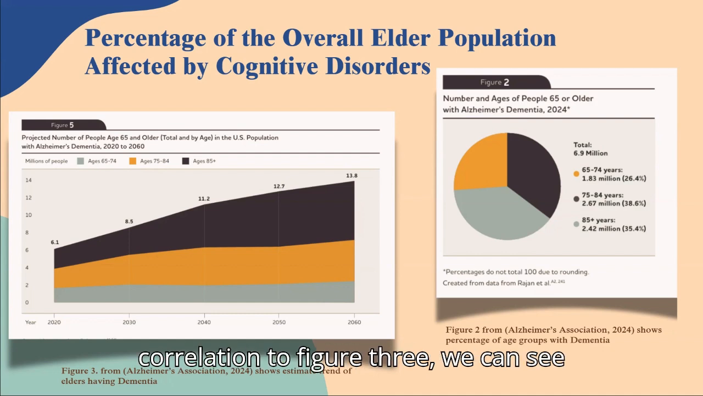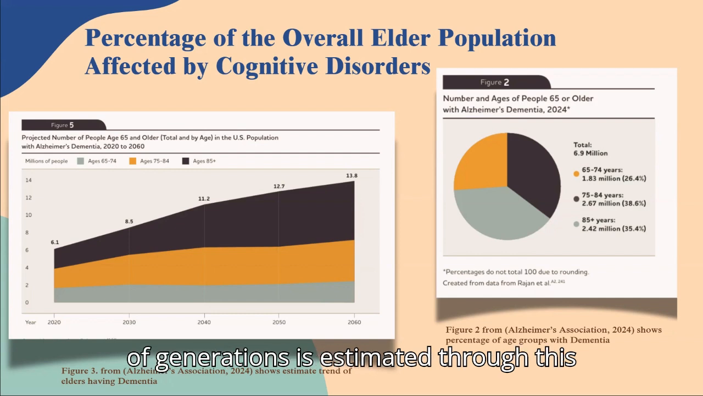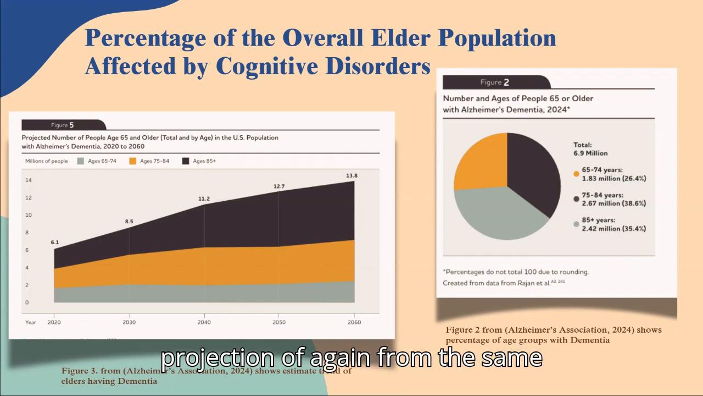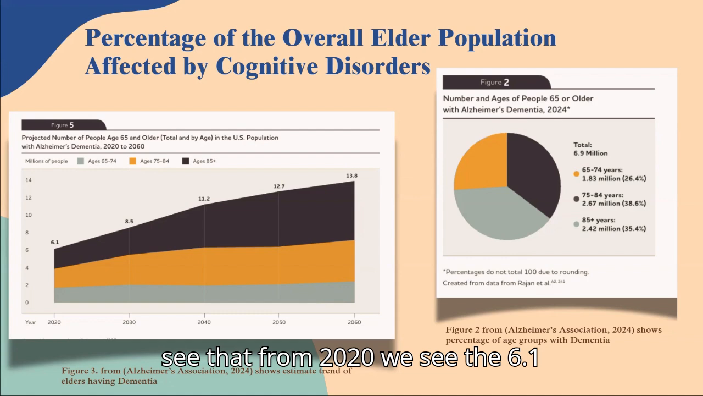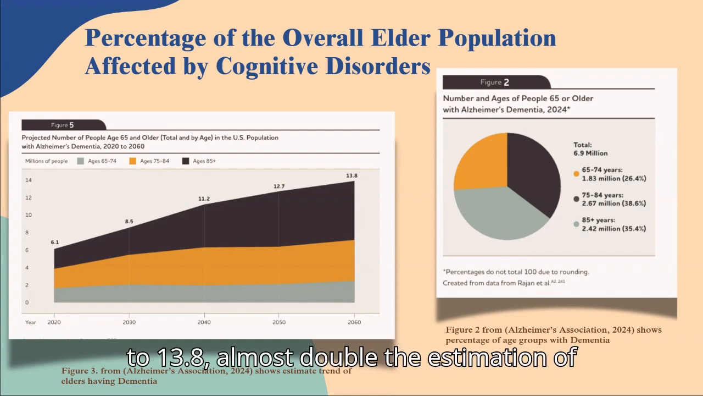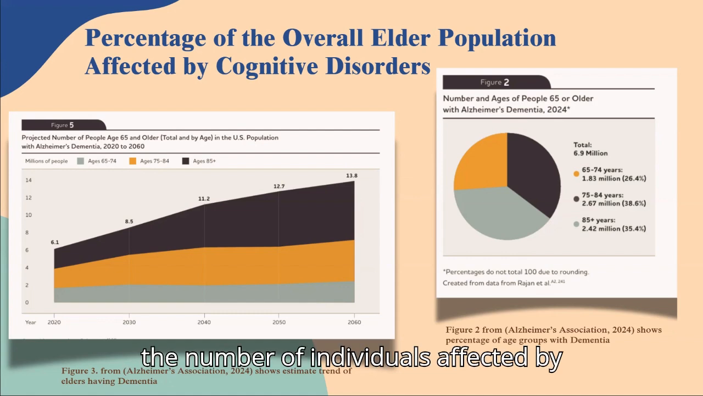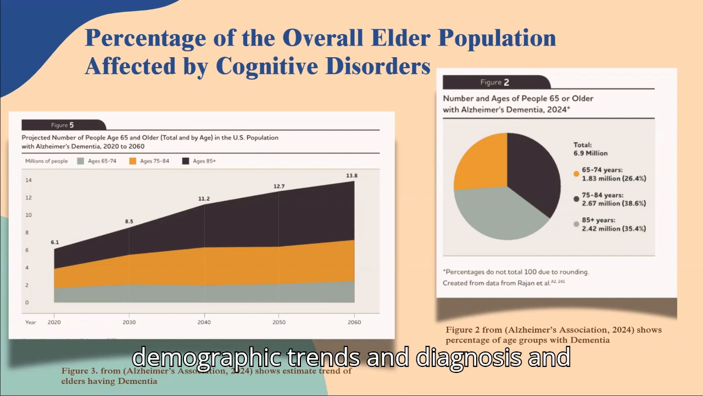Now, in correlation to figure 3, we can see the increase in the progression of generations is estimated through this projection, again from the same Alzheimer's Association resource. We can see that from 2020, we see 6.1 to 13.8 million, almost double the estimation of how many people will be affected. And as the number of individuals affected by Alzheimer's rises, understanding these demographic trends in diagnosis and growing